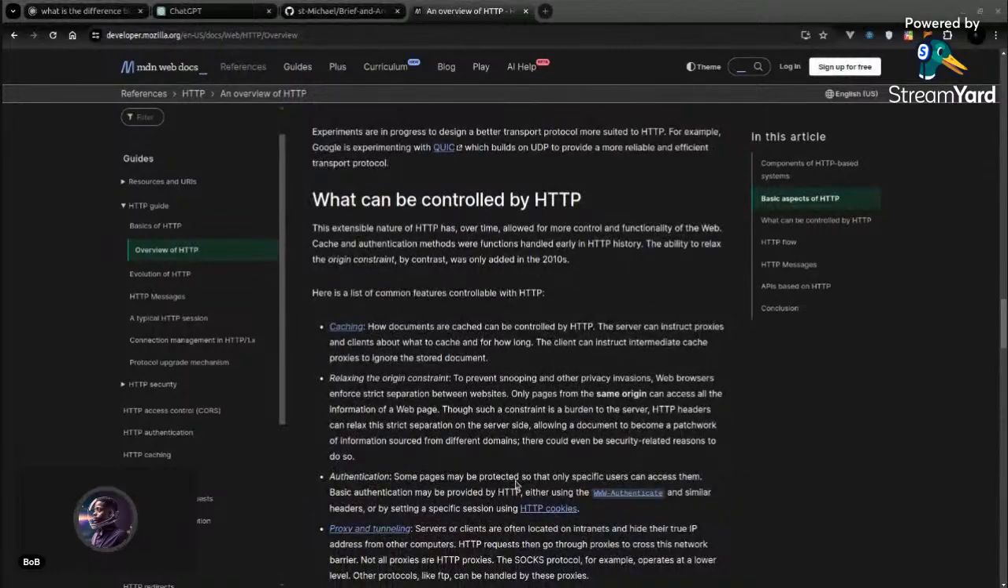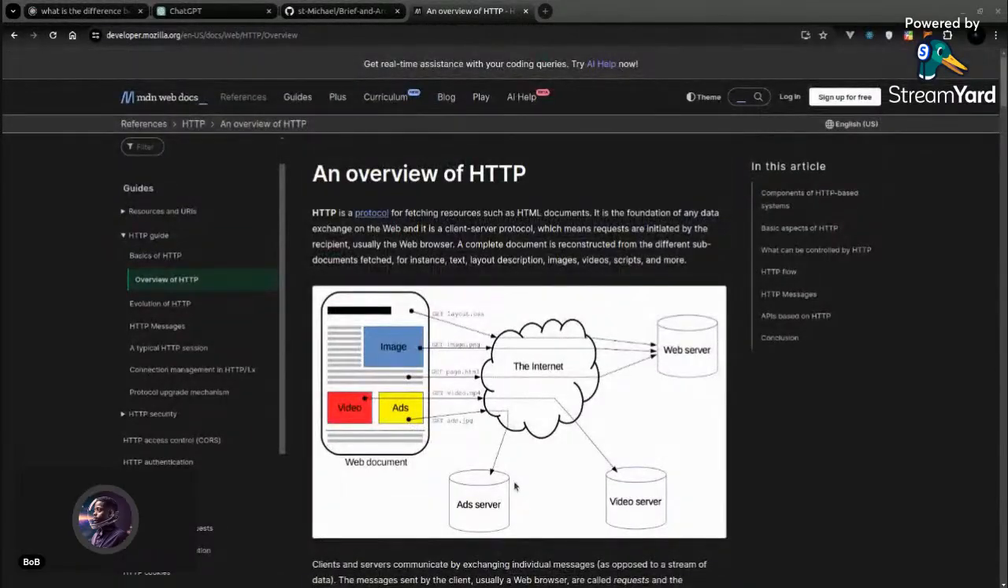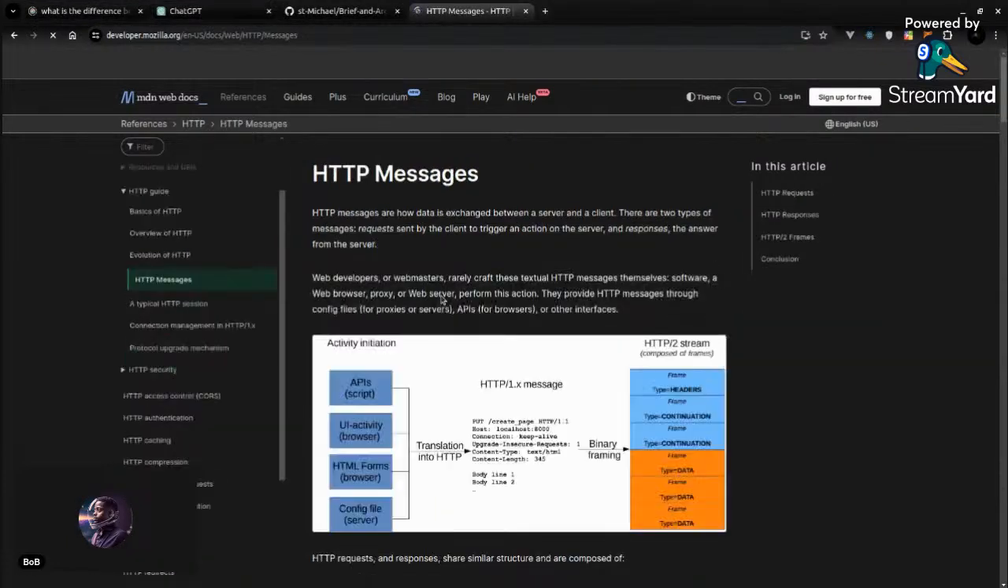All right. So let's get to it. So talking about HTTP messages,